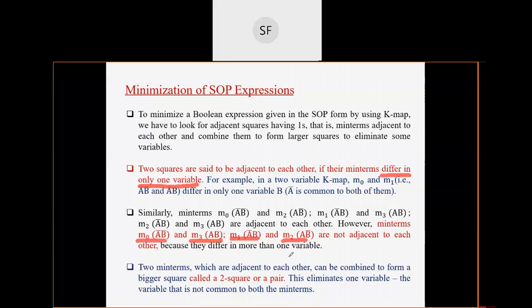Okay, is it clear to you? कौन से दो टर्म्स एडजेसेंट होंगे कौन से नहीं, आपको क्या करना है? You have to observe that out of two variables, one variable should remain constant and the other only one variable should be different. यहाँ पे उसका कॉम्प्लीमेंट तो वहाँ पे कॉम्प्लीमेंट नहीं होना चाहिए. That's it. Is it understood? This is very basic and very important.